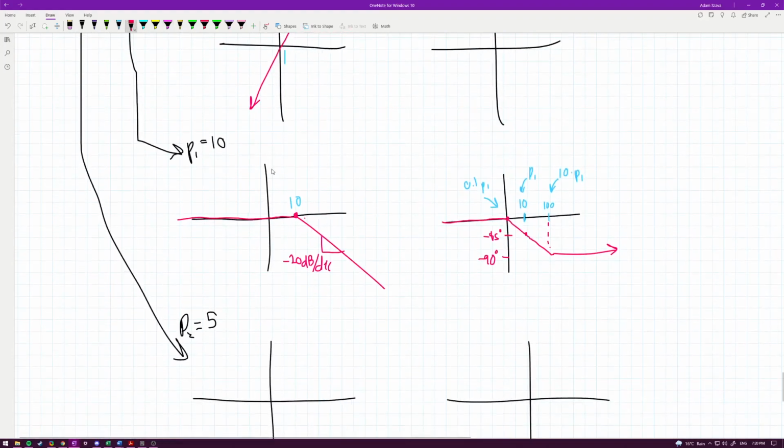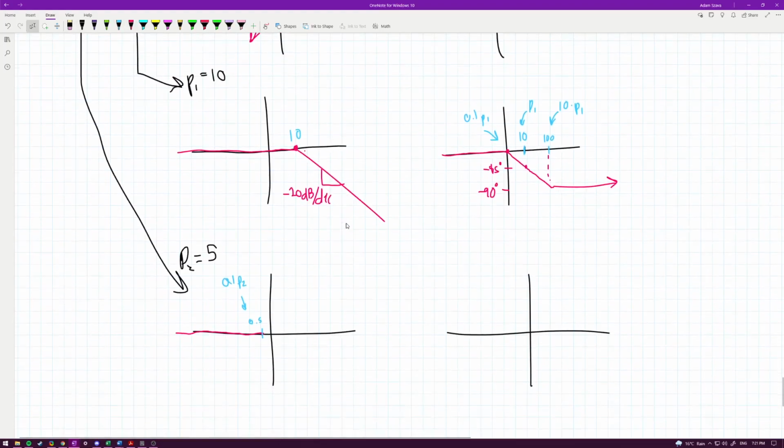P2 equals 5. Pole at 5. Okay, so it's the same idea. We go until 0.1 times 5, which is 0.5. So that would be, if this is 0.1, 0.5 would be like right there somewhere. I don't know, right there. Okay. So again, that is 0.5 because that is 0.1 P2. Okay, then we know that at 5,